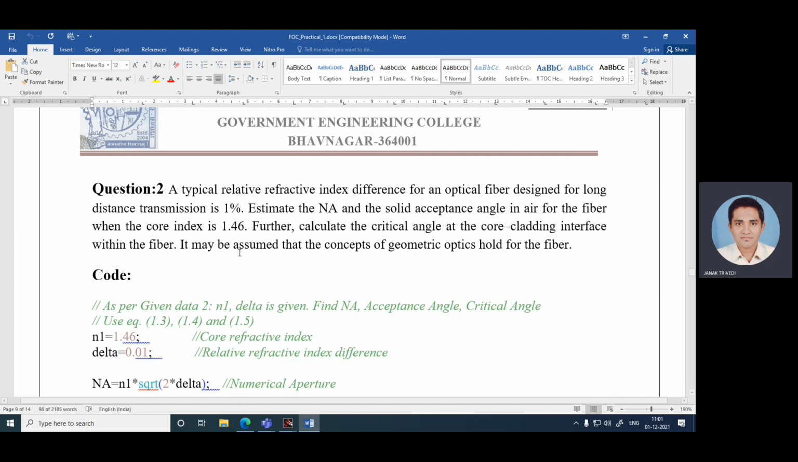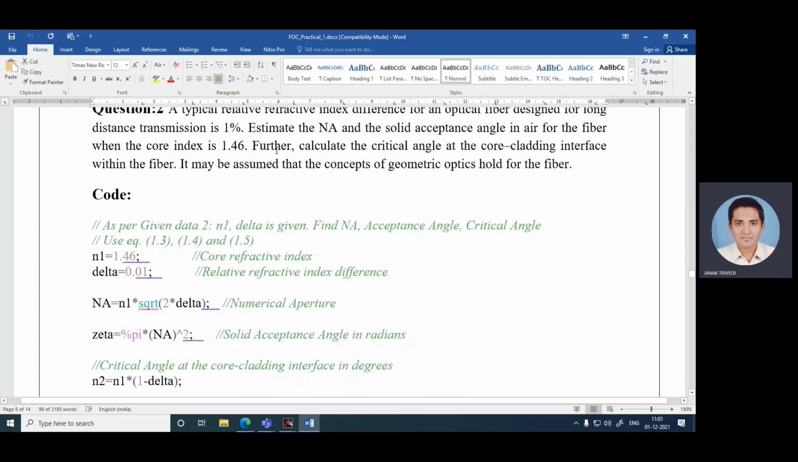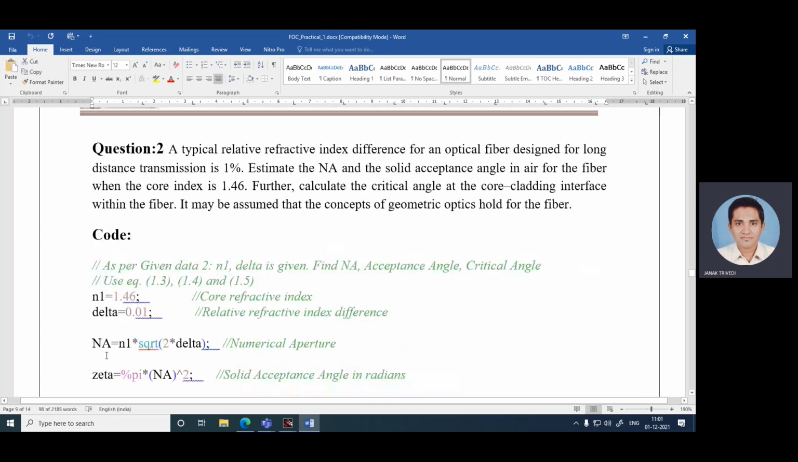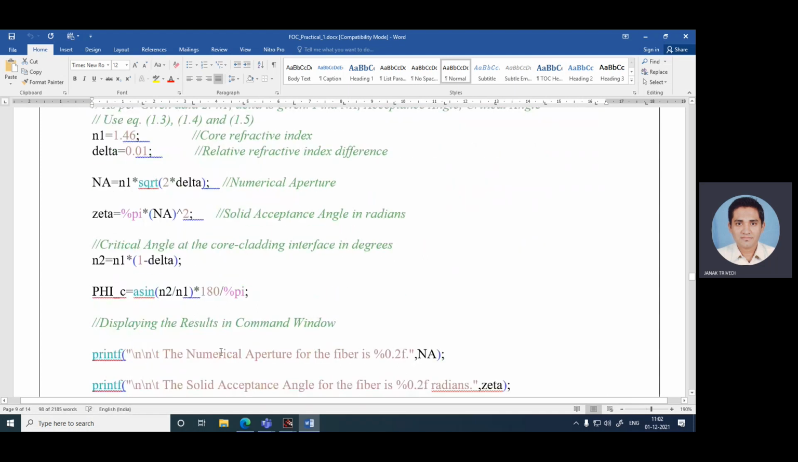So the same kind of formula we will use, equations 1.3, 1.4, and 1.5. n1 is given, delta is given, this is the relative refractive index difference delta. Then numerical aperture, so n1 square root 2 delta, then for the calculation of the solid acceptance angle, that is zeta, that is NA square. Then for critical angle, the core cladding index difference, that is n2 is equal to n1 multiplied by 1 minus delta, and phi c is equal to sine inverse n2 divided by n1. And finally, for the result